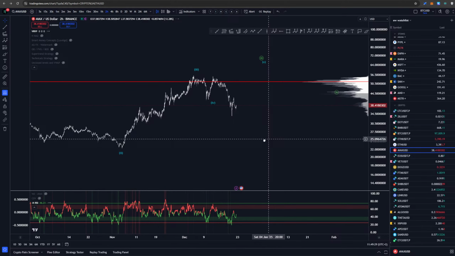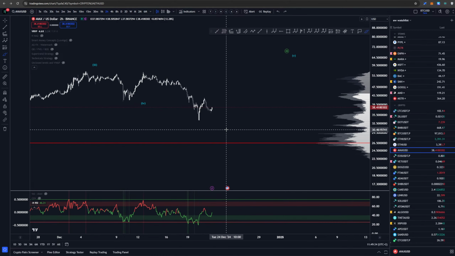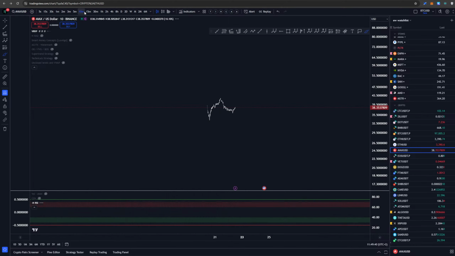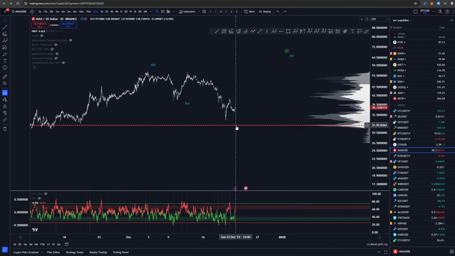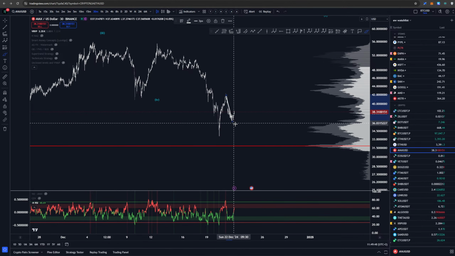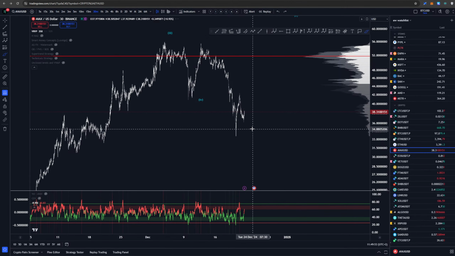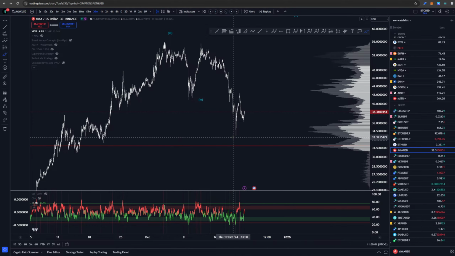Yeah, I kind of just liked this local structure here, which is why I went long on it against this low here. Oh no, sorry, against this low here. The thing here is that this dump can easily be a wave A, B and C to go lower. But if it does that, there's loads of altcoins here doing this exact same pattern, and you would be looking for a long somewhere in here against this low on that specific altcoin.